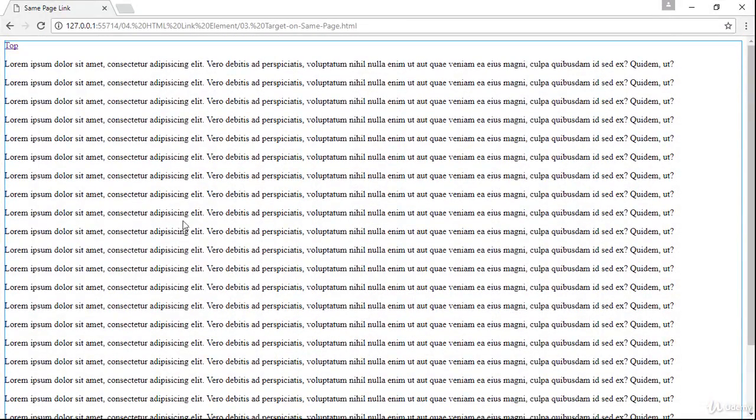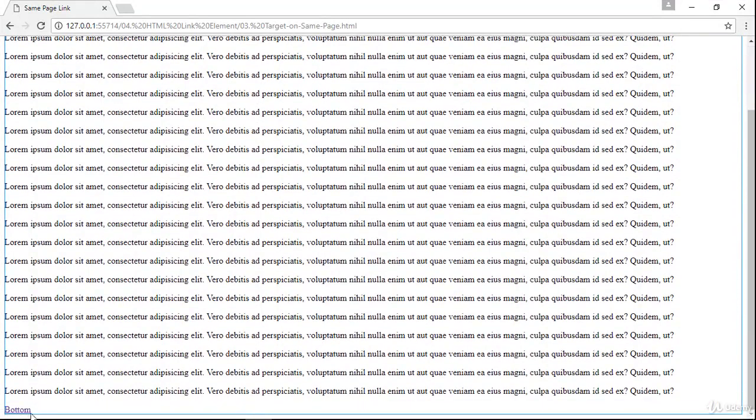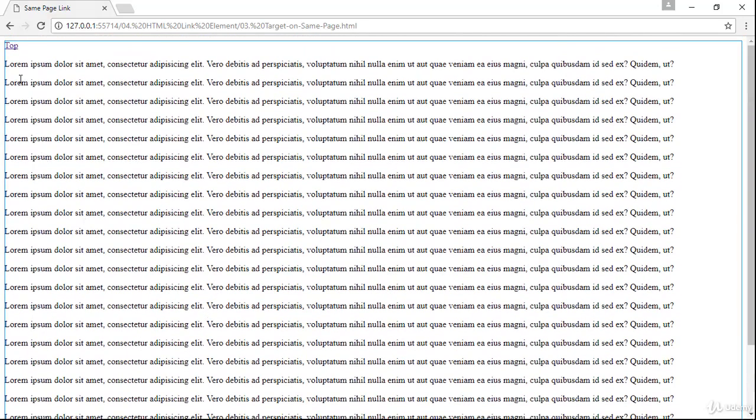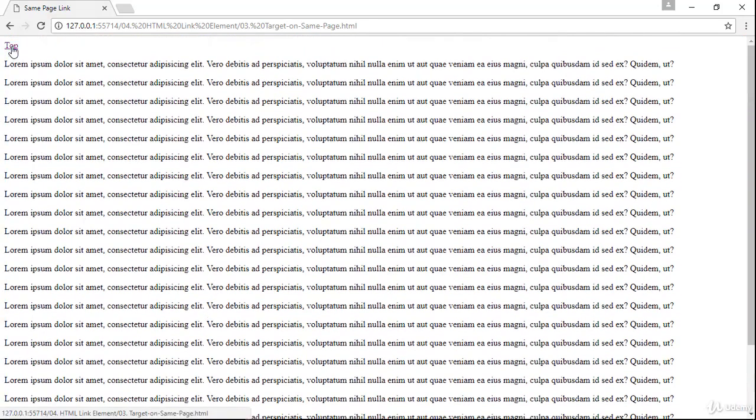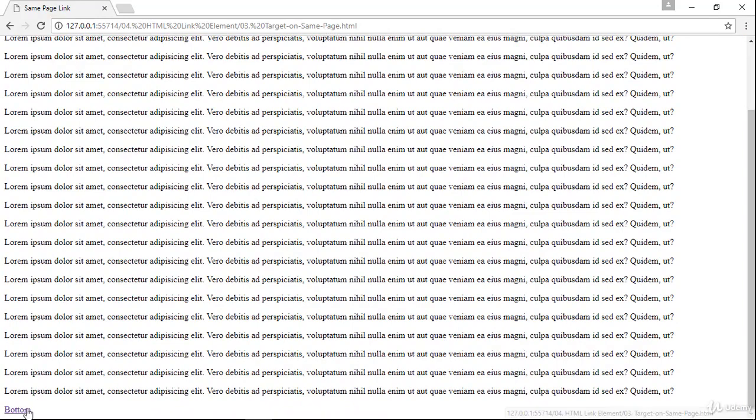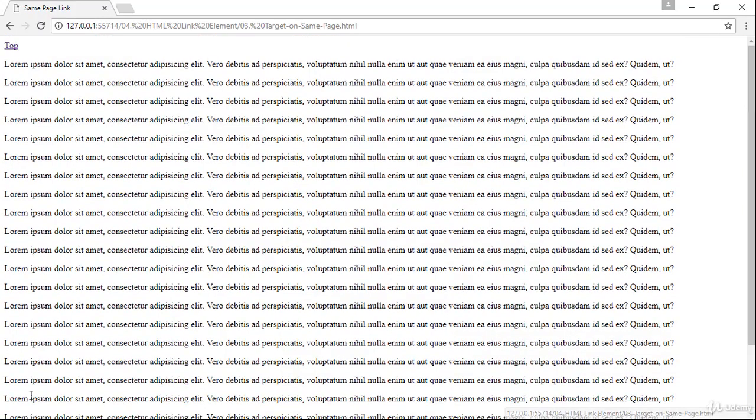Now here as you can see, this is the top anchor tag and this is the bottom anchor tag. So what actually I want to do is, if I click here on top, then it should go to the bottom, and when I click on the bottom, then it should go to the top.